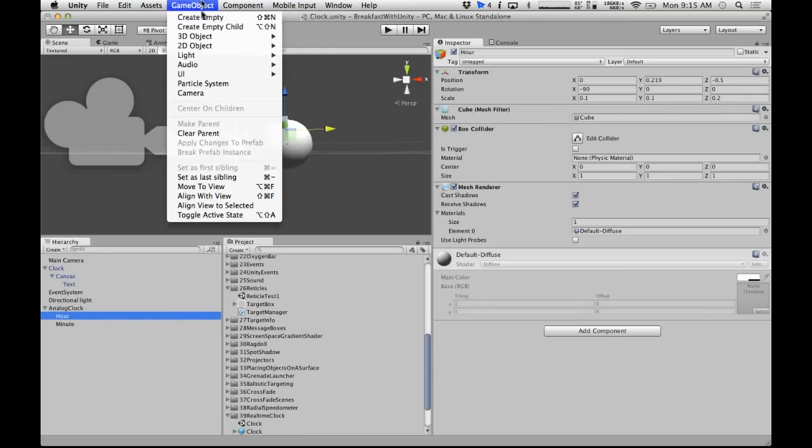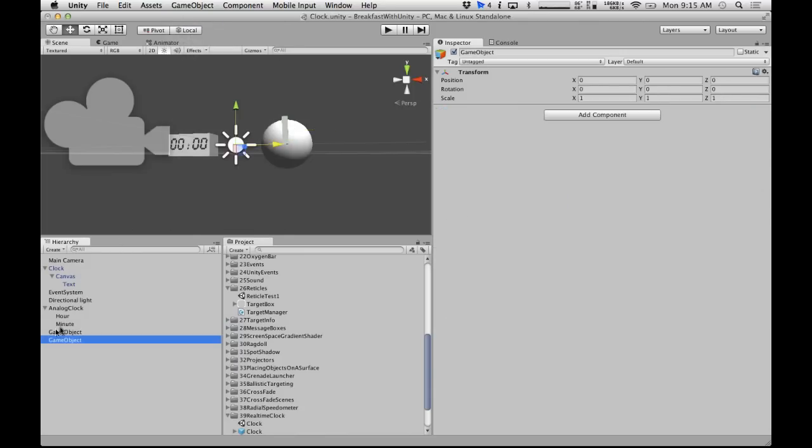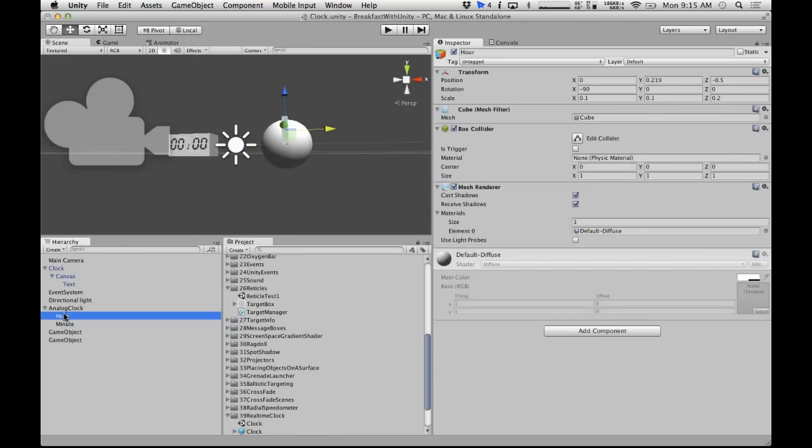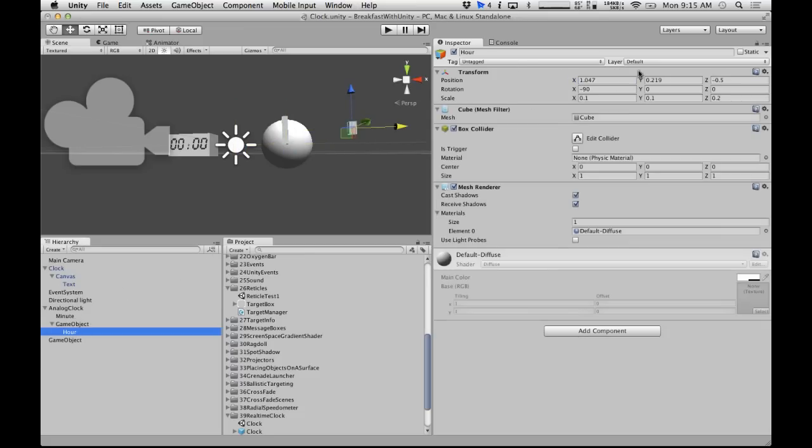We're going to create an empty game object. I'll leave seconds to you guys to finish. It's actually very similar to what we're going to be doing here. So we want our hour, and actually we'll probably just duplicate the hour again. So we're going to put the hour in the game object. We're going to put the game object at 0, 0, 0, and if we go into our hour block again,